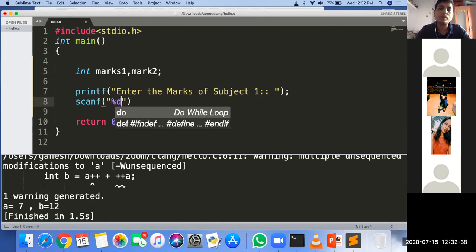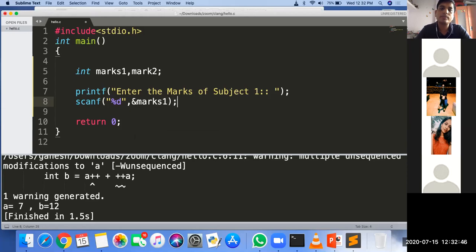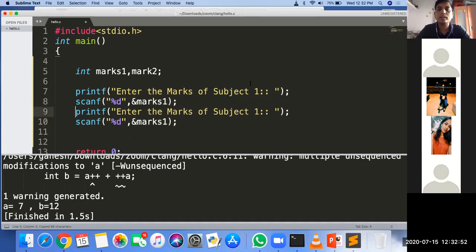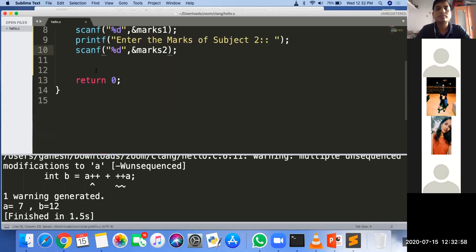An integer, so that's %d, the format specifier, and then where you want to store it: the address of marks 1. Then again marks 2 for the second marks. Got it? And suppose I want to print the addition of the 2 marks.